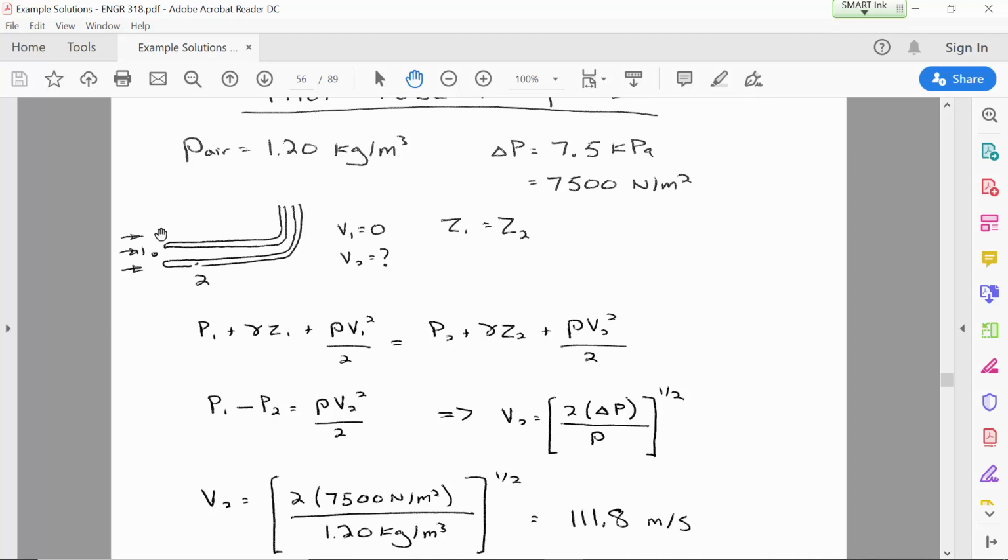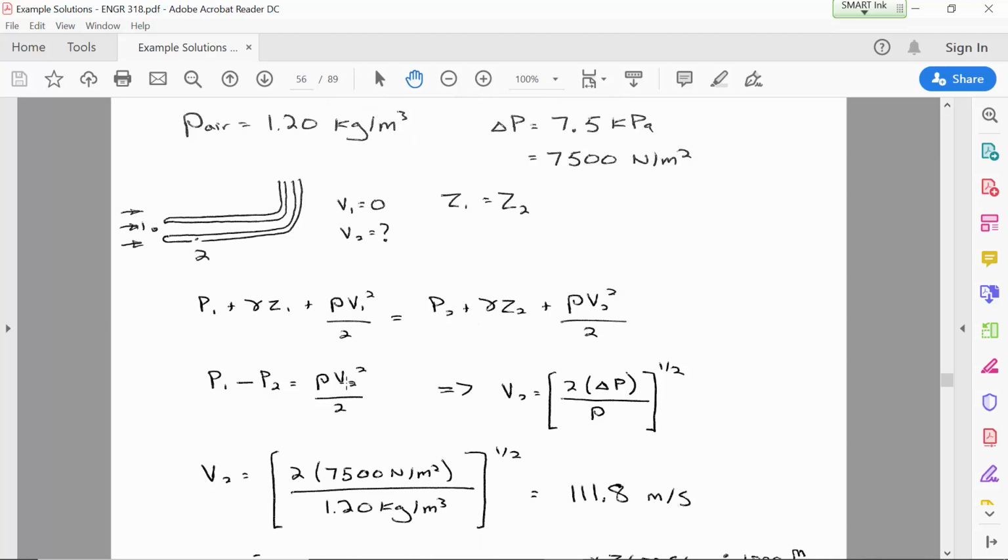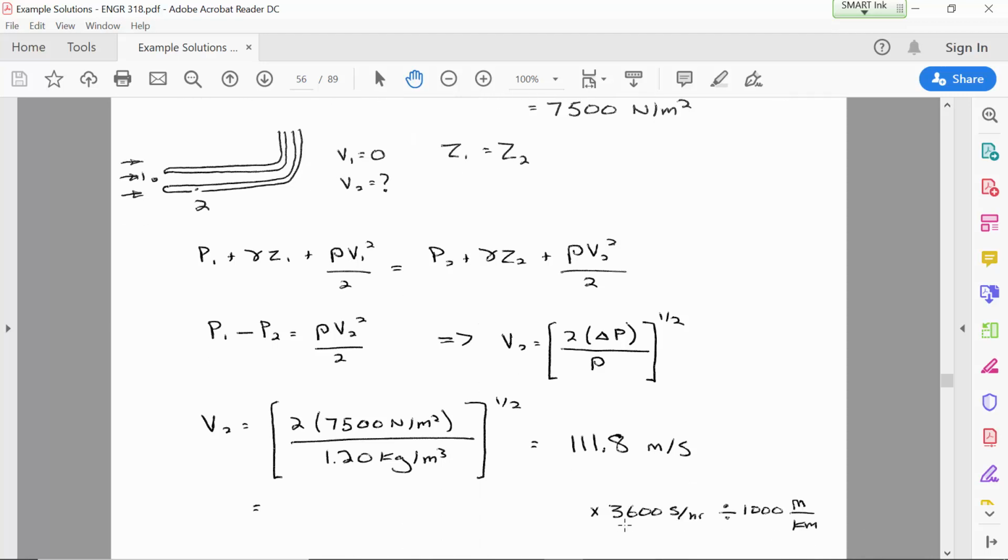All right, so this pitot tube is horizontally oriented, which means that the 2 elevations are equal, and the velocity at 1 is 0. Well, just inside the mouth of the pitot tube is 0. At 2, it's moving along, and so here we have Bernoulli's equation, and we can drop out the elevation terms. We can drop out the V1 term, and so all that's left is, on the left, some change in pressure is what is caused by this velocity, and so you'll get 111 meters per second,